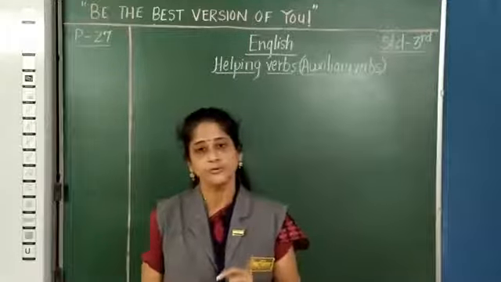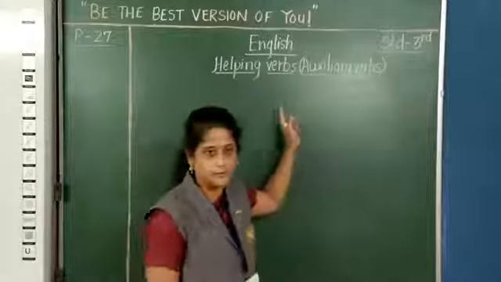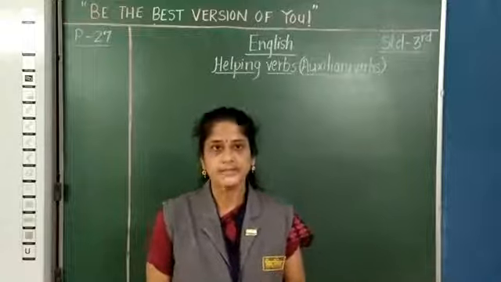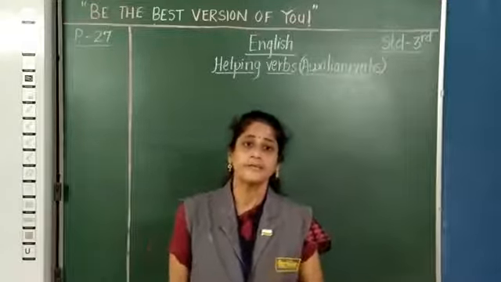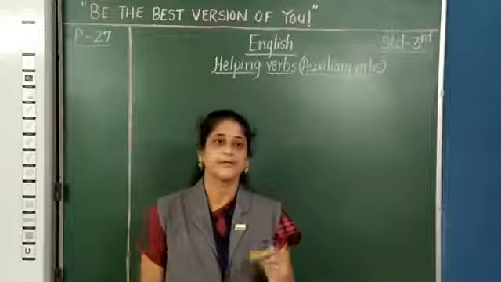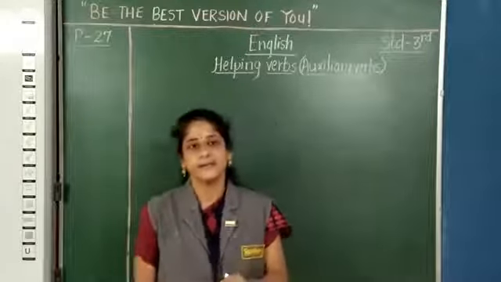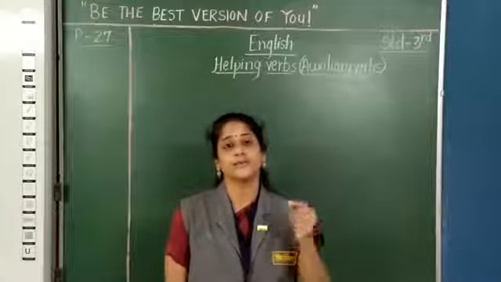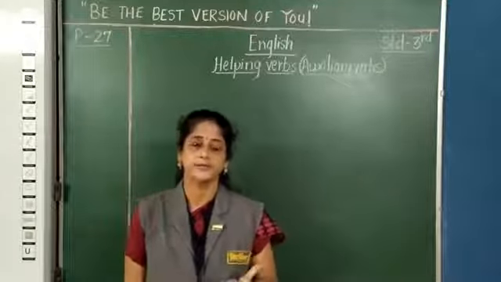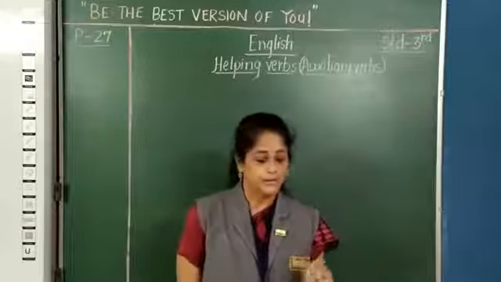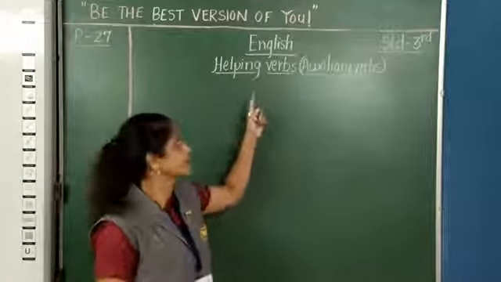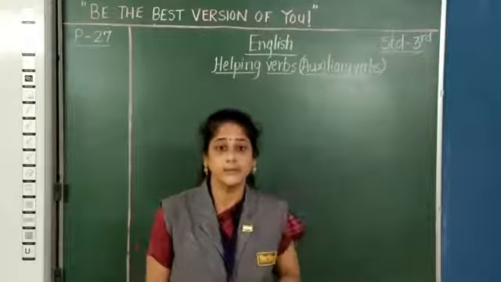Now these verbs are used to help the main verbs. You know that helping verbs help the main verbs in a sentence. These helping verbs are used to write the tenses. When you write a sentence in tenses, that is to show or tell the time of the action done, whether it is done in the present, past or future. So they are used in most of the tenses, and that's why they are called helping verbs.